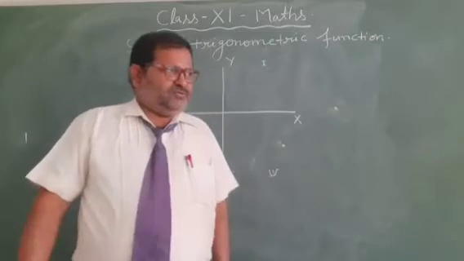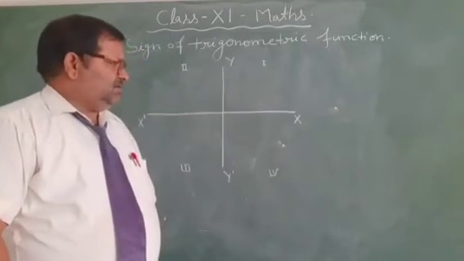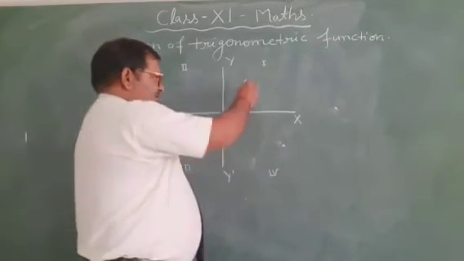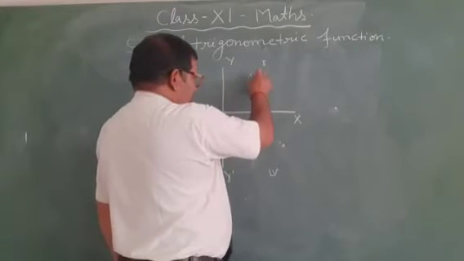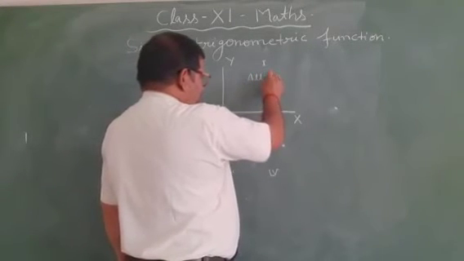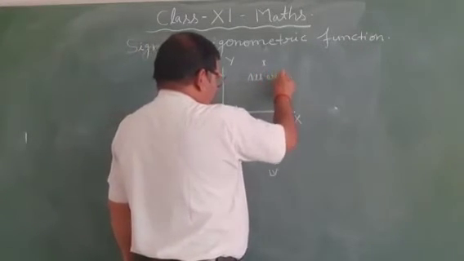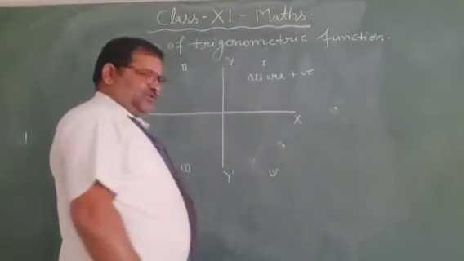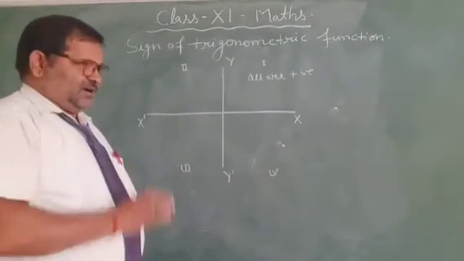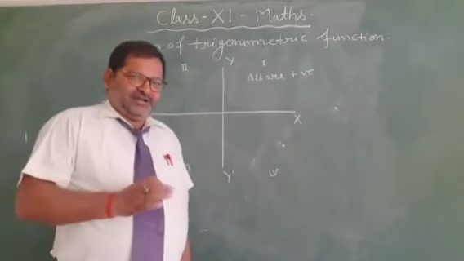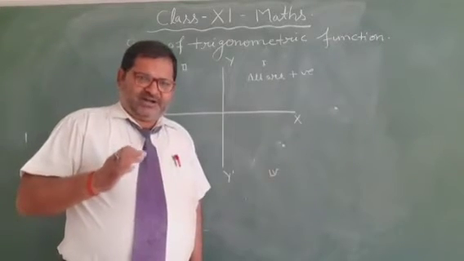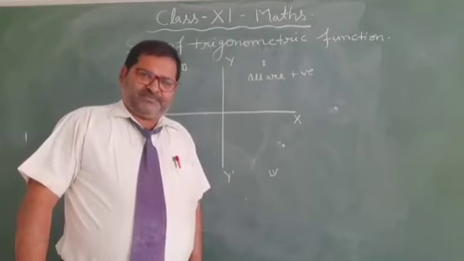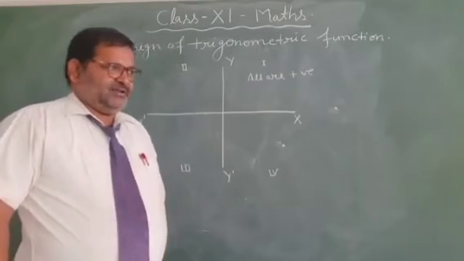Now the sign of trigonometric function in the first quadrant: all are positive. All are positive. In the first quadrant, the sign of all trigonometric functions is positive, and in the